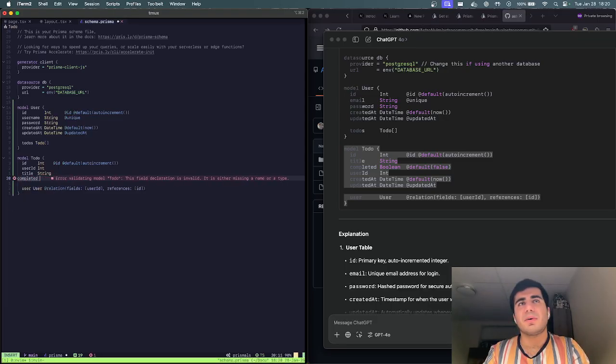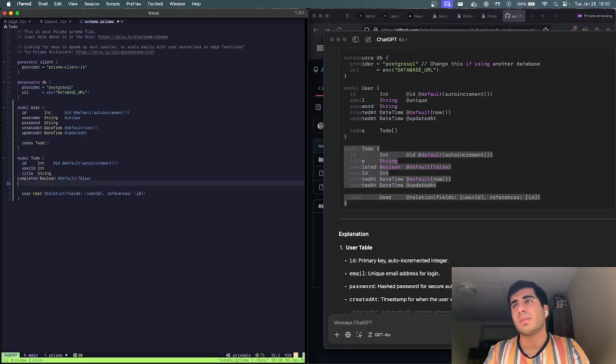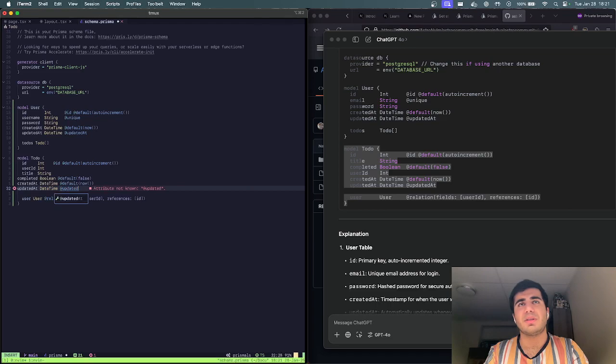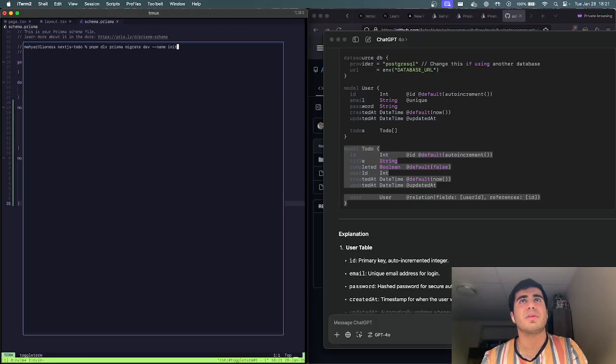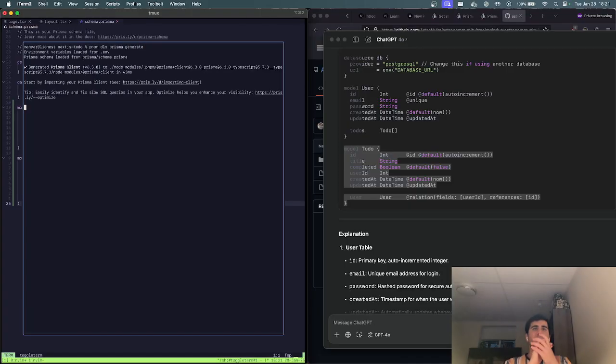Then the next thing that you want is a completed, and by default, when we create the inserts into here, it's going to be false. And then our created at will have that as date time defaulted to now, and then we'll have updated at as date time, and put that as updated at, which we just learned is the feature in Prisma to tell the database to auto update. Okay, so that should do it for that, which means we should be able to do a Prisma